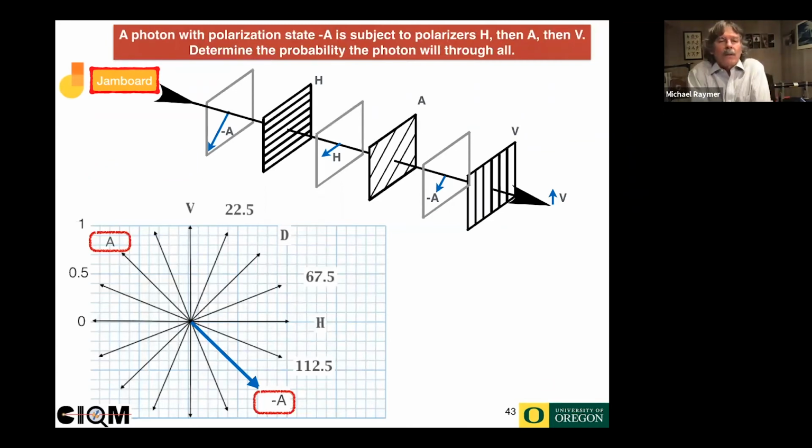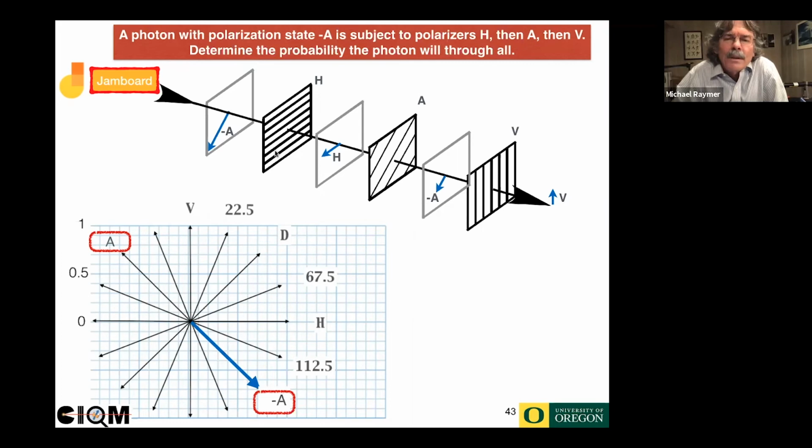Let's see. Now we could do this. Let's try this Jamboard exercise. This one might be a little bit challenging. So I'm going to do it partly and then maybe leave it for you as a homework to sort out as time goes on for the next session. Okay, here's the Jamboard. So a photon with polarization state minus A, which of course is the same thing as A, but it's nice to pick one at a certain time, is pointed in the minus A direction,